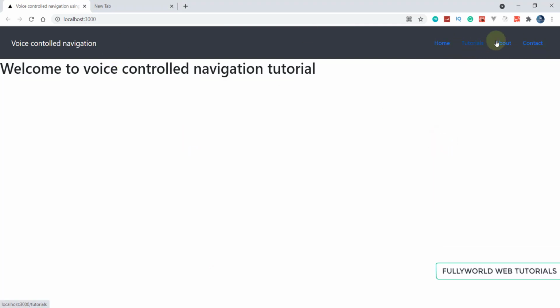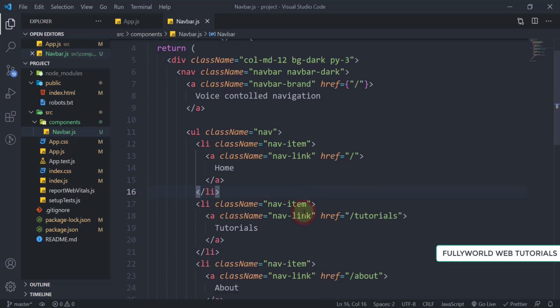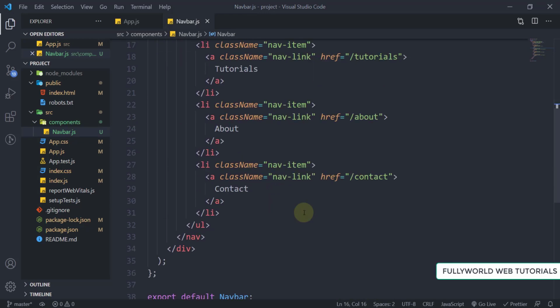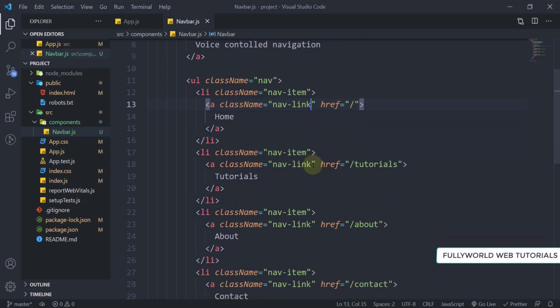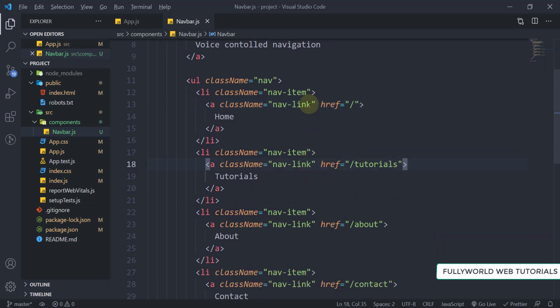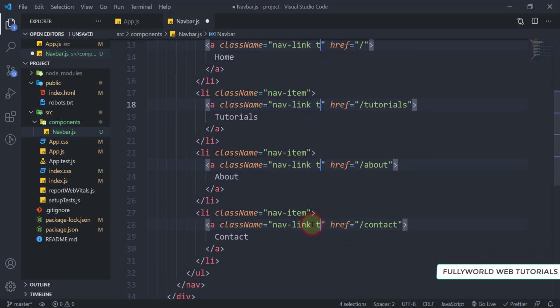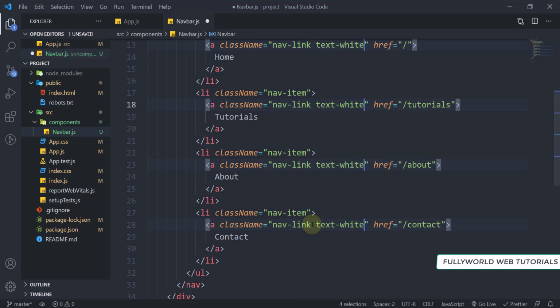Now it is looking very good, but this is not in white color, so let's change it here, and here I'm going to write text-white also. Here will be text-white.